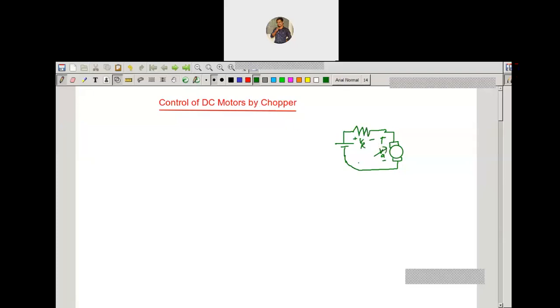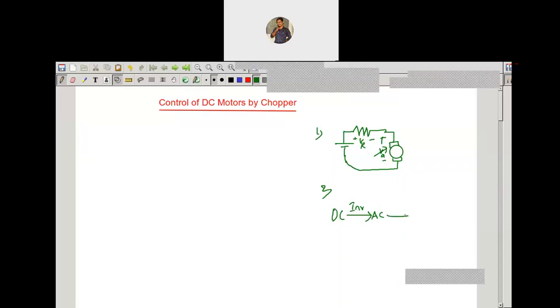And one more method is called the AC chopper link. Or else, you are available with the fixed DC, right? Now this DC voltage is converted into AC voltage by means of an inverter. Then the available voltage is AC voltage. After that, this AC voltage is stepped up or stepped down by using a transformer, depending on your required voltage. So again you get AC voltage only.